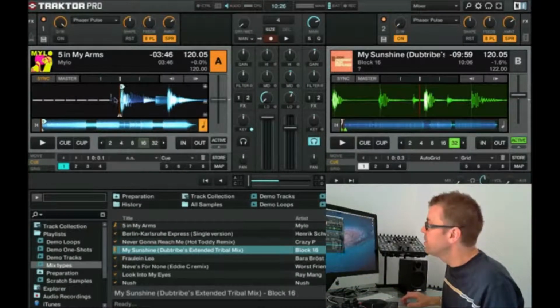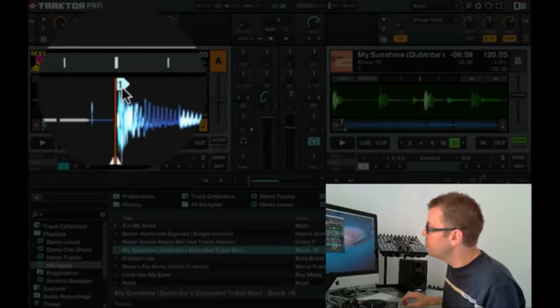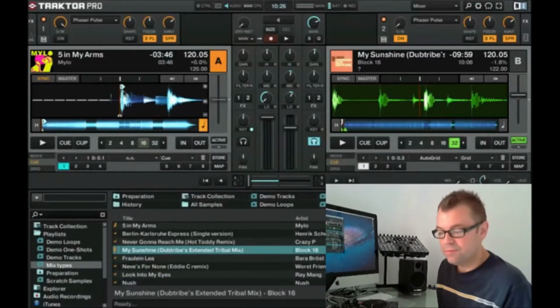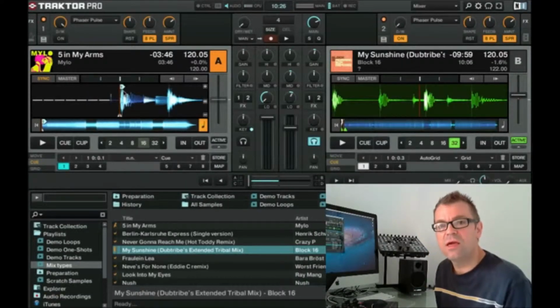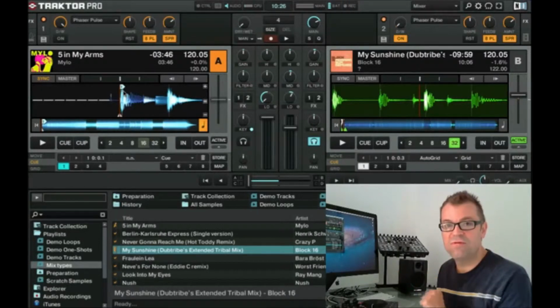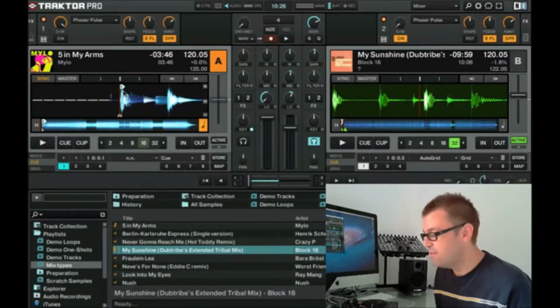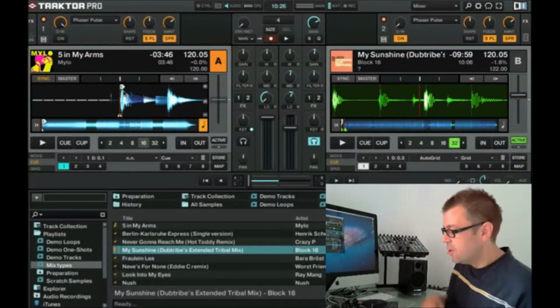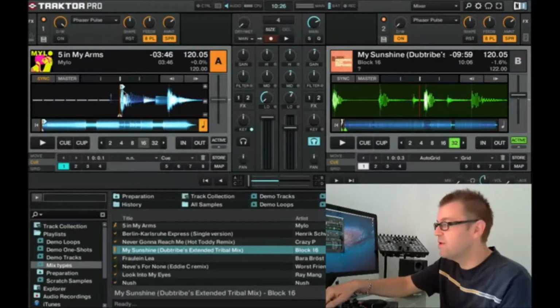On the software, you can see there's a flag or a line with a cue point set. That's got the number 1 by it. Slightly different on Virtual DJ and Itch, but they've all got the same functionality. The actual function is exactly the same. So there's your cue point set, and it's exactly the same as the temporary cue points, except instead of pressing the big cue button in front of you, there'll be other buttons that say cue 1, 2, 3 or cue 1, 2, 3, 4 or however many you happen to have, which will jump you to that cue point. And on this one, it's down here at the bottom. I had to press a shift key, so